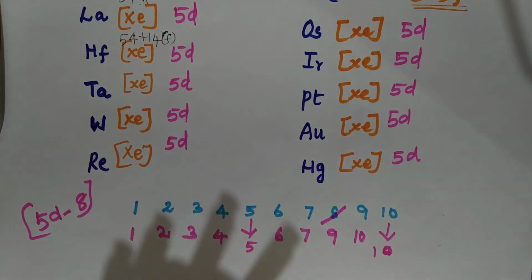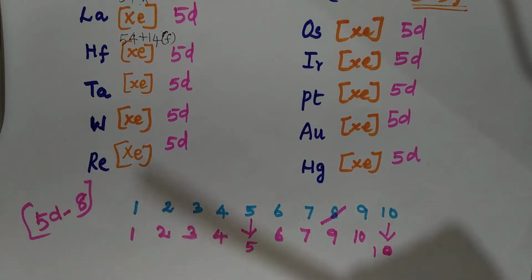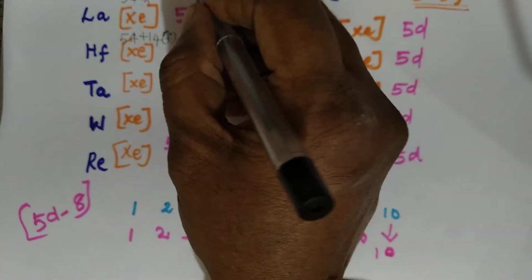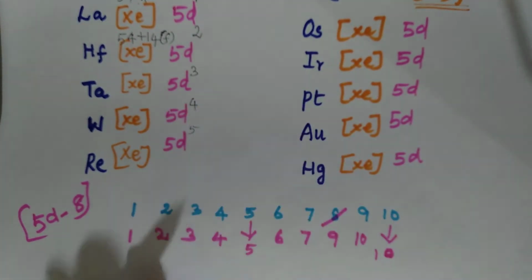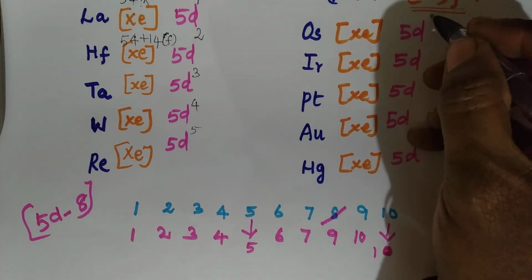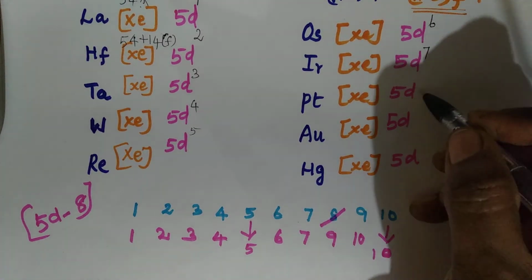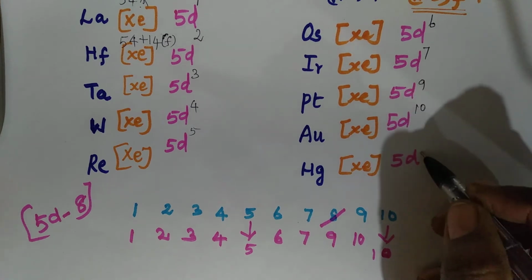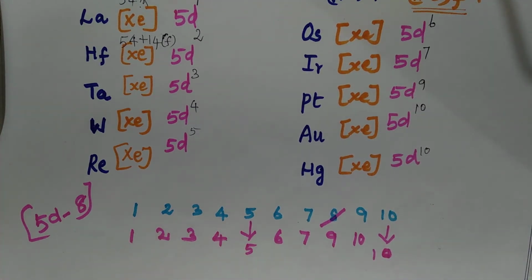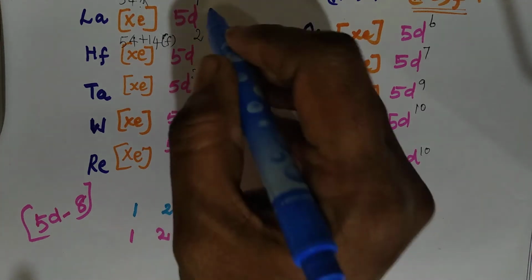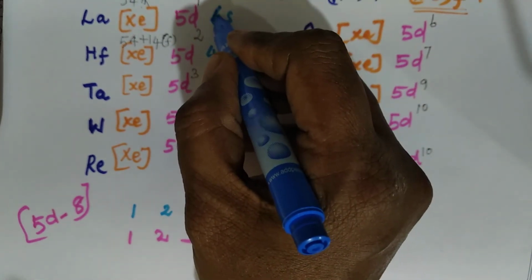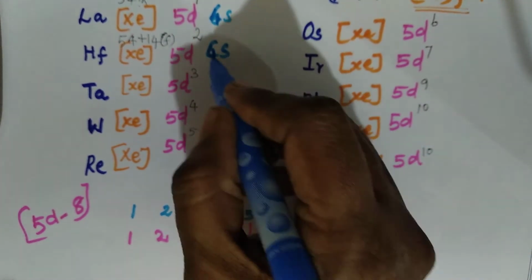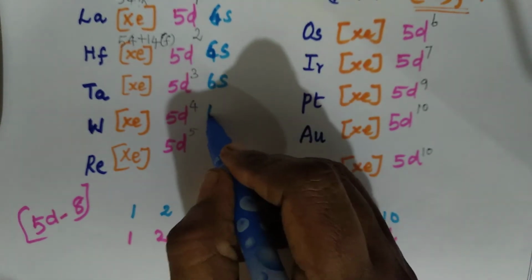So now we have to write down how many electrons are going to be there in D shell. I write 1, 2, 3, 4, 5, no change for up to 5. Even 6, 7 we don't have change. Only after that, no 8, so write 9, then 10, right? Now I write for, what is the next number? We are going with the next subshell, that is 6s subshell, because we have come to 5D series. 6s subshell.